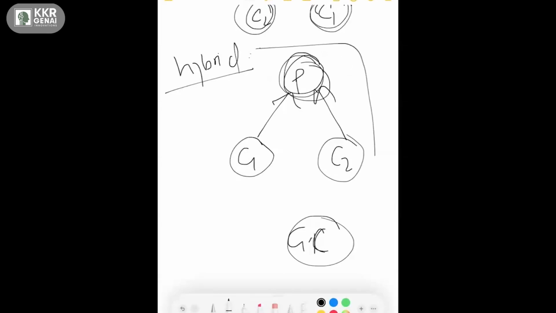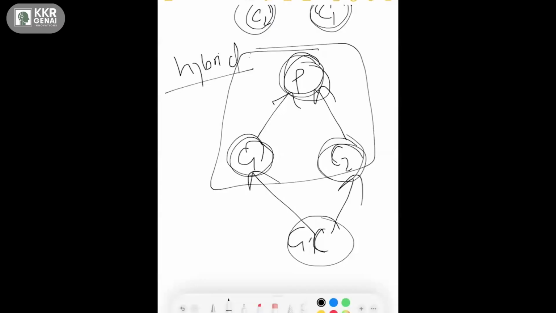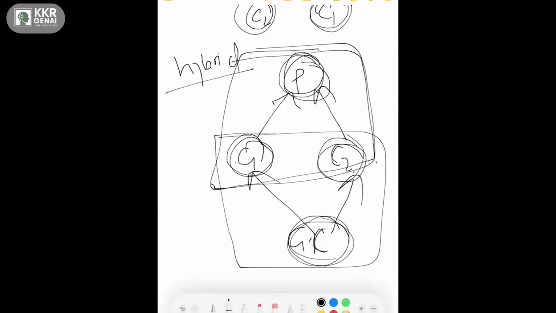This is called hierarchical inheritance. And then let's say if I take this, what you have, we are having two children, and then grandchild is getting the properties from both the childs. This is called multiple inheritance. So if you combine any two inheritances, then we call it as hybrid inheritance.